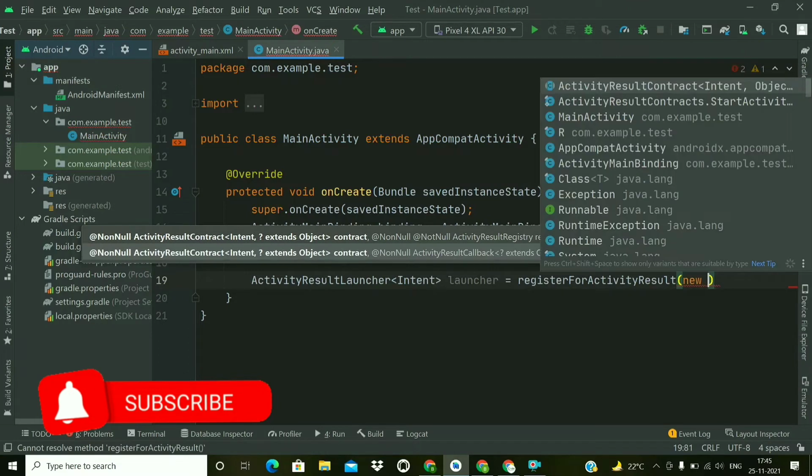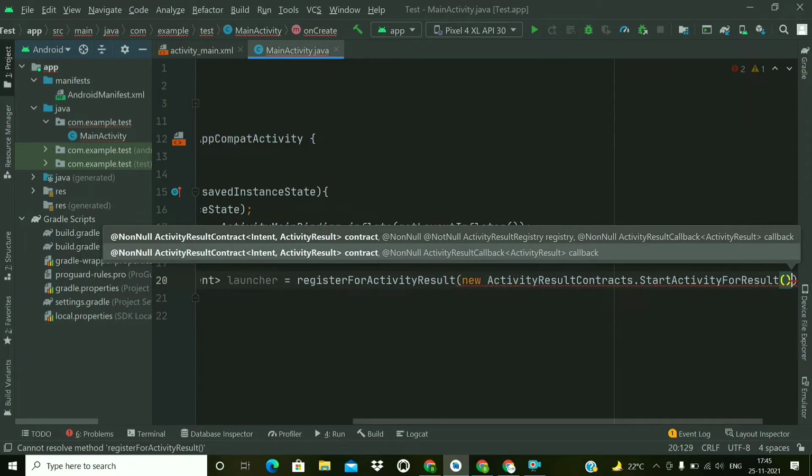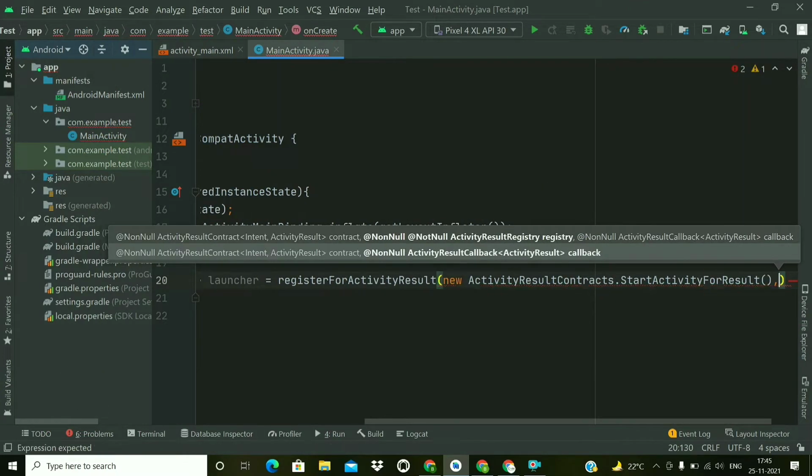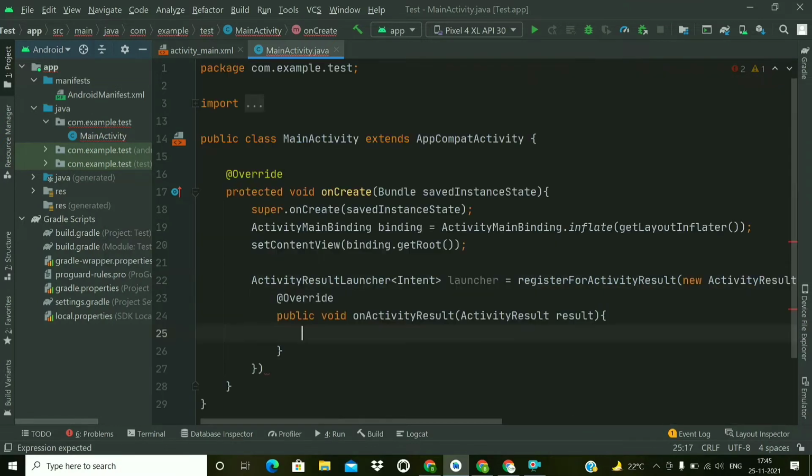In this method there are two arguments. First is the contract, so we have to pass the contract. The contract will be StartActivityForResult, and then we have to add the callback. So new ActivityResultCallback.